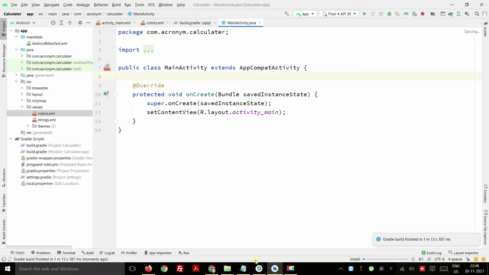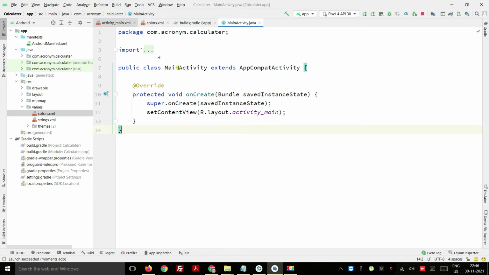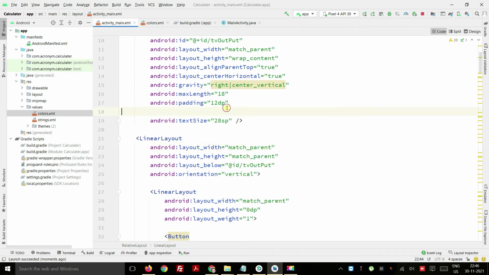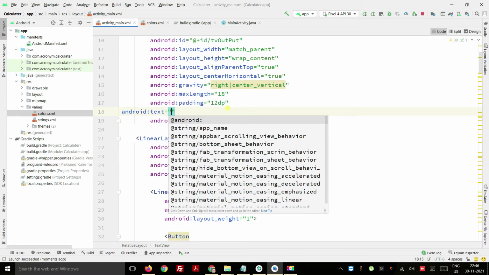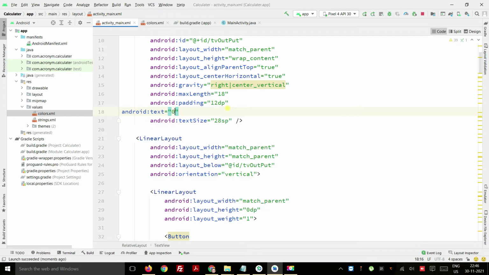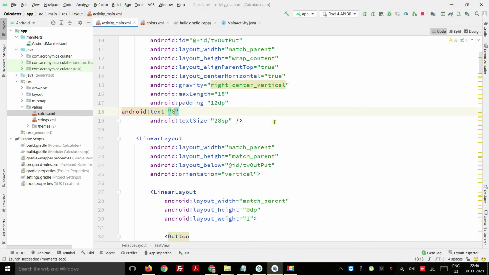Now it is trying to install. Meanwhile it is installing, first of all we are going to get the IDs of all the numeric buttons. As you can see, it is showing all this, equal and everything. Here it does not have any value, so I want to show some color or something. So I want to put Android text, I can put it as a 0 or something, so the user should know something has to happen here. Or if I want to put some border or something, we can see that in a simple way.